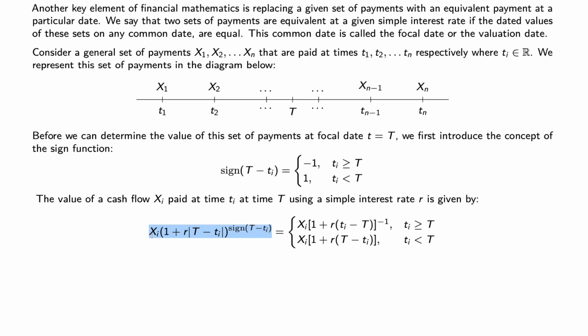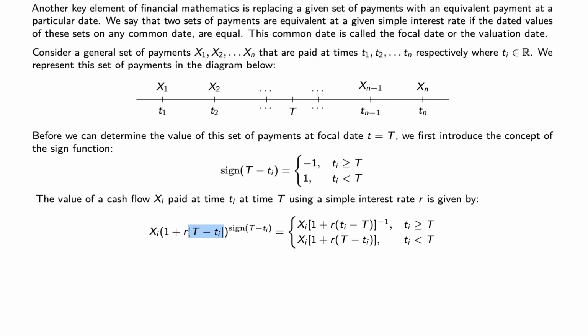What we have is the absolute value of the difference between the valuation date and any point in time. That just makes sure that we find the absolute difference between time points, so we're not having negative r times time or something like that. It's ensuring that whether we select time t2 or time tn or whatever it is,